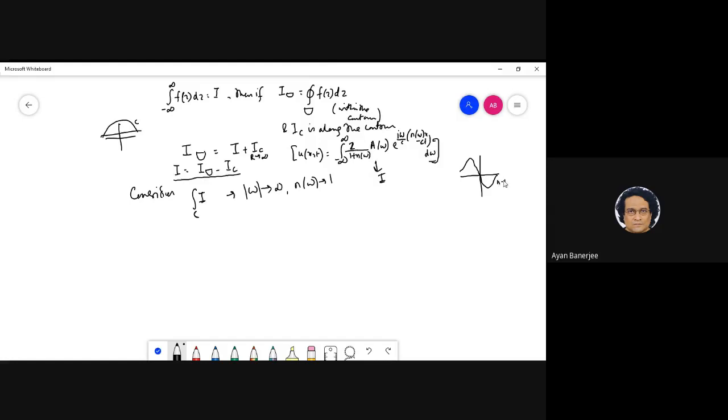This was plotting n minus 1, this tends to 0, so n tends to 1, right? Which basically means that k equals omega by c. This is very crucial, right? So basically, then what we can write then